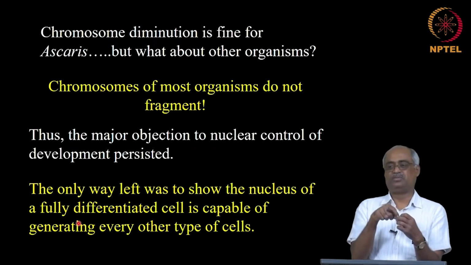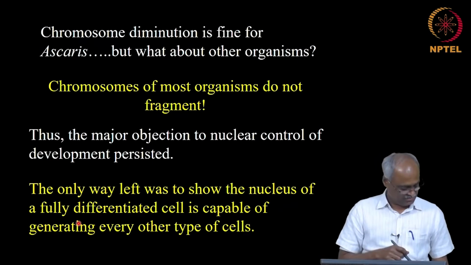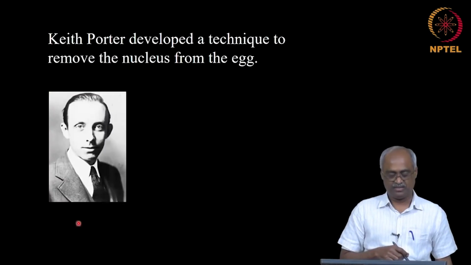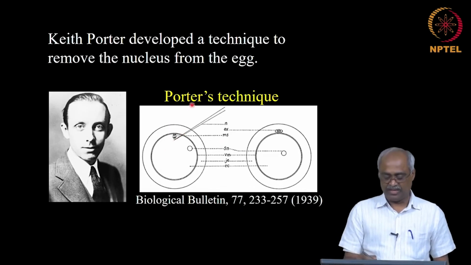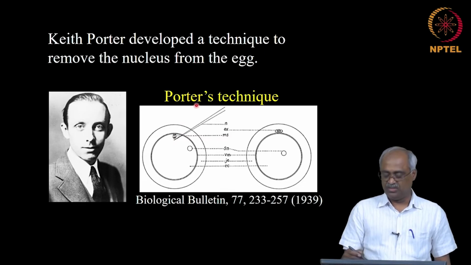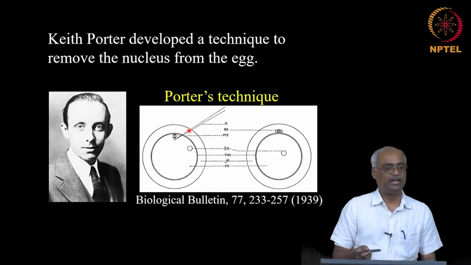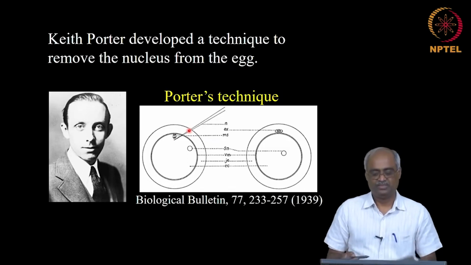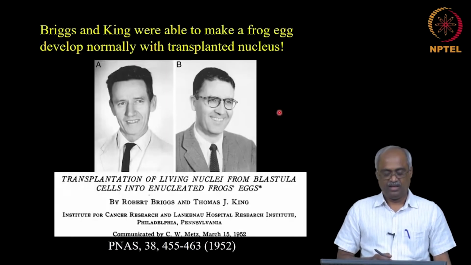Then you introduce a somatic nucleus, and that had to be figured out, and people did that eventually, like Keith Porter, who developed a technique for doing this. He found that by poking in and trying to move the nucleus out, he not only removed the nucleus, it also ended up activating the cytoplasm of the egg. This is called the Porter technique. So, he found a way to remove the nucleus from the egg,